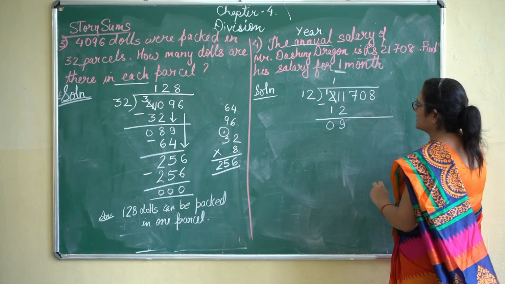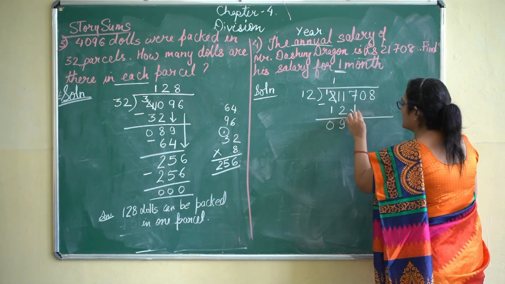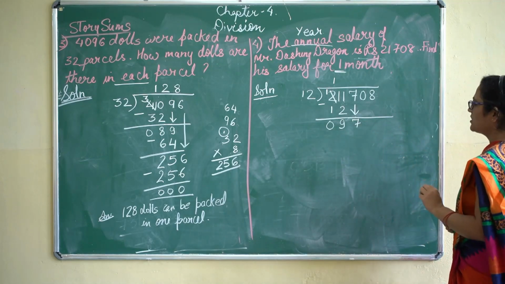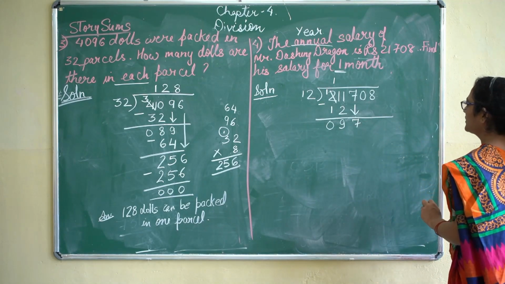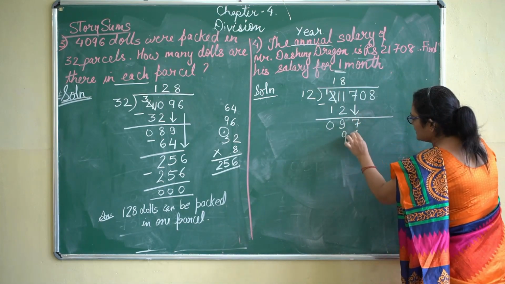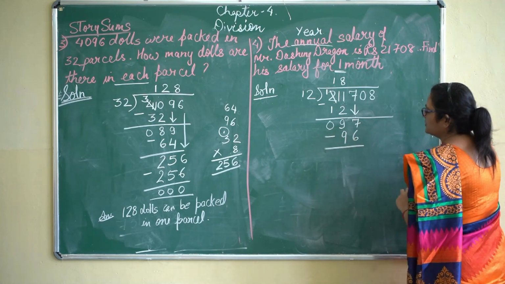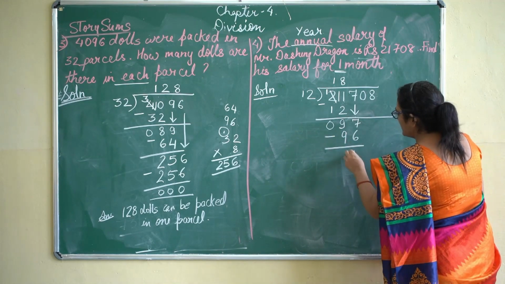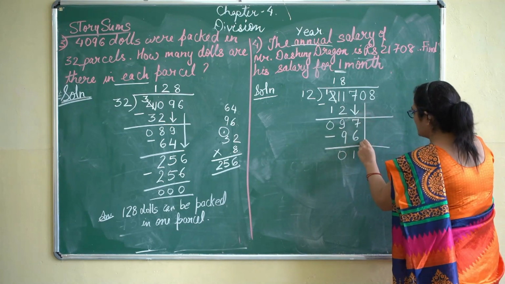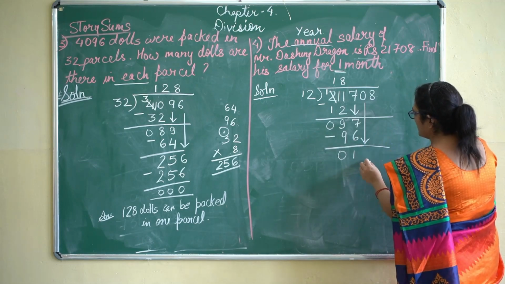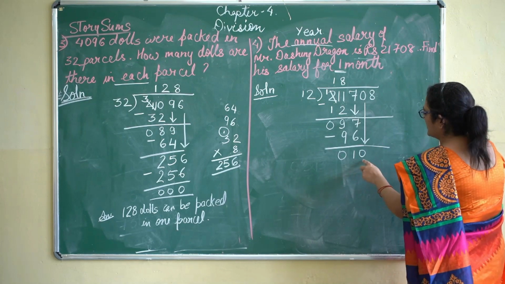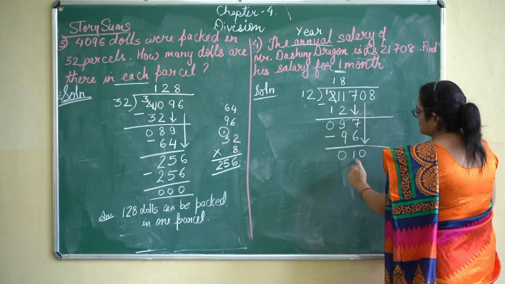Now next step. Till now you have understood how to divide. Next step means we have to bring 7 down. Okay. In the table of 12, does 97 come? No. Smaller than 97 is 12 eights are 96. Now we will subtract, 7 minus 6 is 1, 9 minus 9 is 0. Now what will be the next step? You have to bring the next number down after subtraction. What number will we bring down? 0. This will become 10.